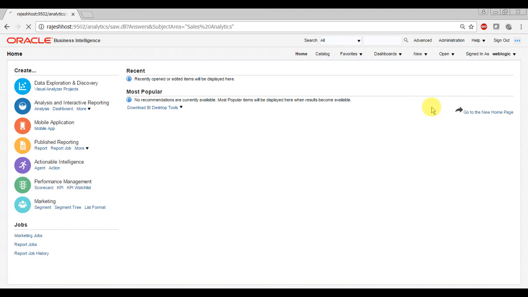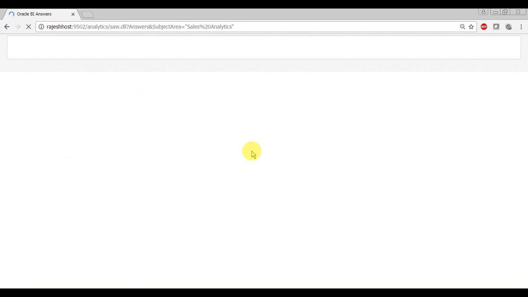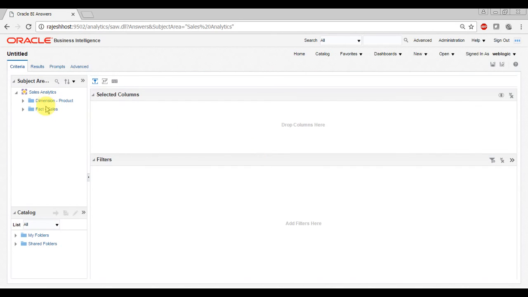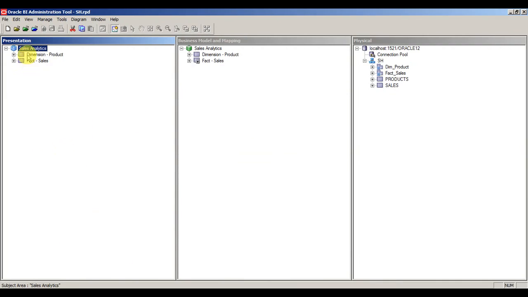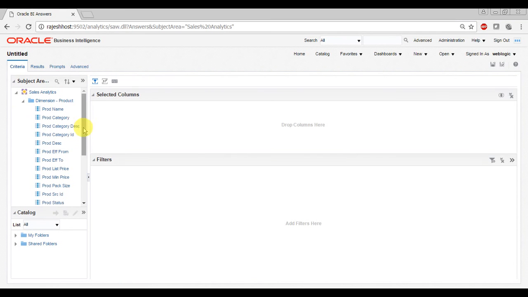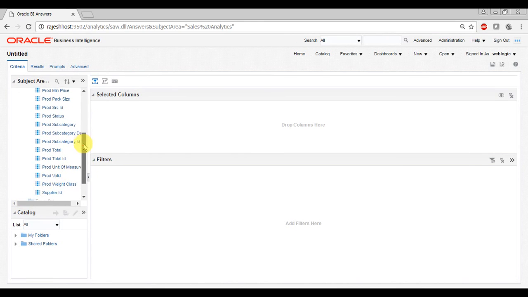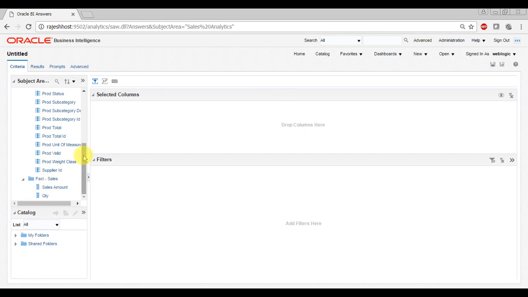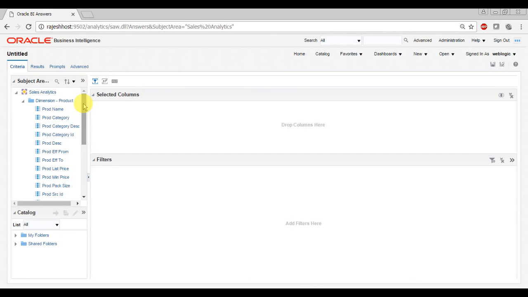I'll click on sales analytics. You can see two tables present here. Now expand that to see all the columns that are present, and similarly for the fact. Now you can create a simple analysis by using these two tables.